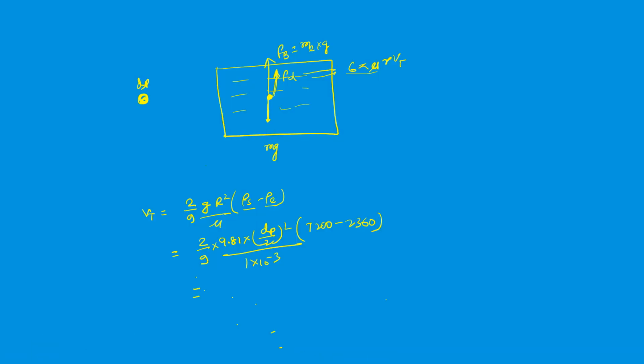Okay guys, so after this, if you find this expression, then this will correspond to 2.6 into 10 power 6 dp square, and this is a velocity, so it will have unit meter per second because all the units are in standard unit, right? Okay guys, so this is the value which the question asked, right?